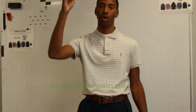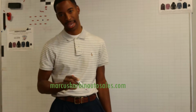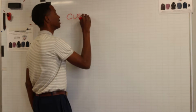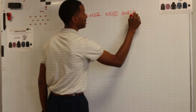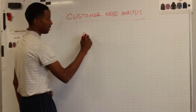or Jeep. So if you click or go to this website, go to this link, you'll actually find a form that I've created, and it's a replica pretty much of the needs analysis, which is what salesmen are trained to ask to make sure that they have you on the right vehicle, the right car. So let's call it customer needs analysis. And there's a form, and